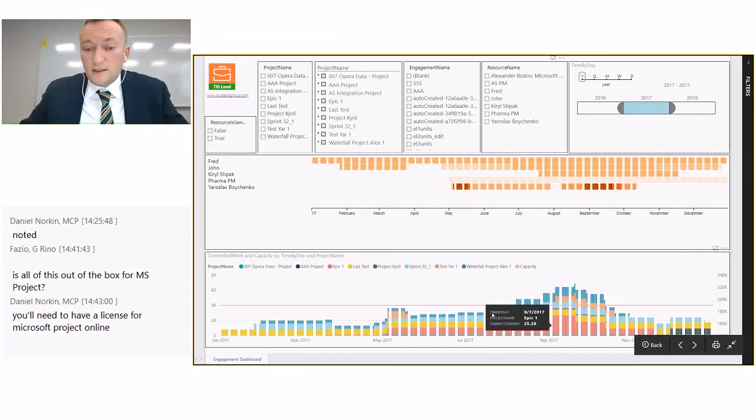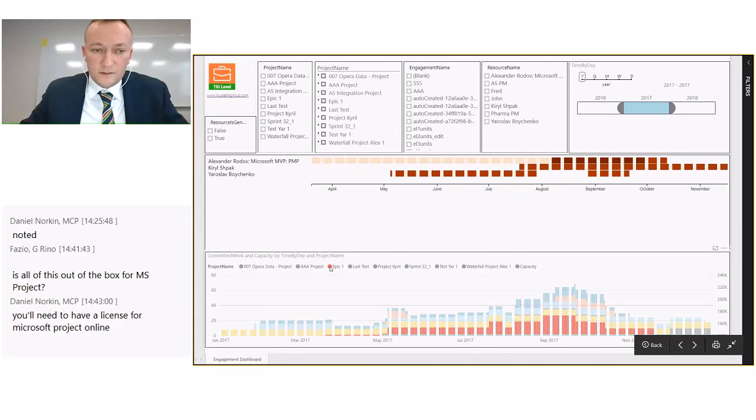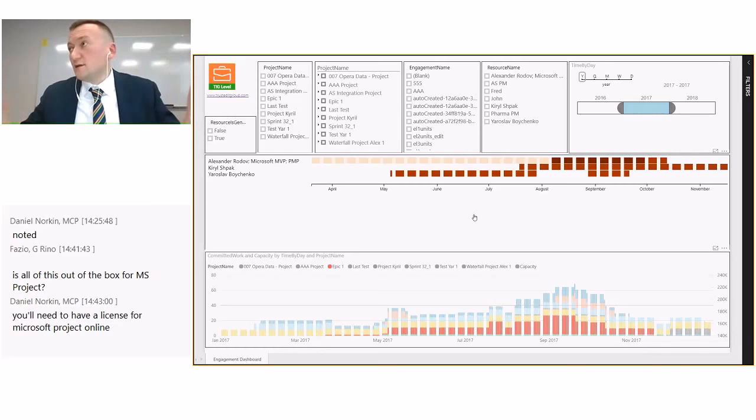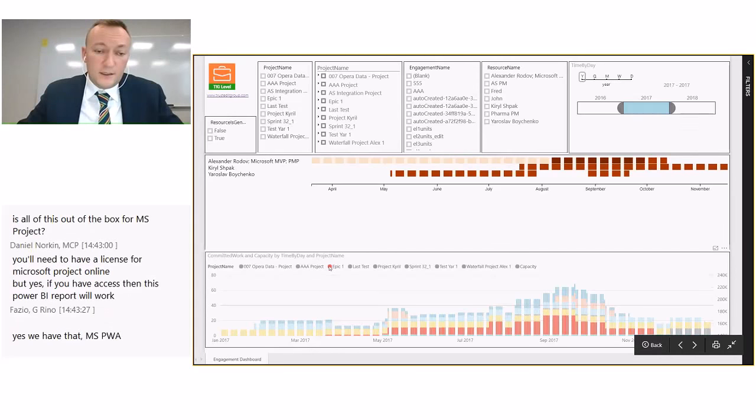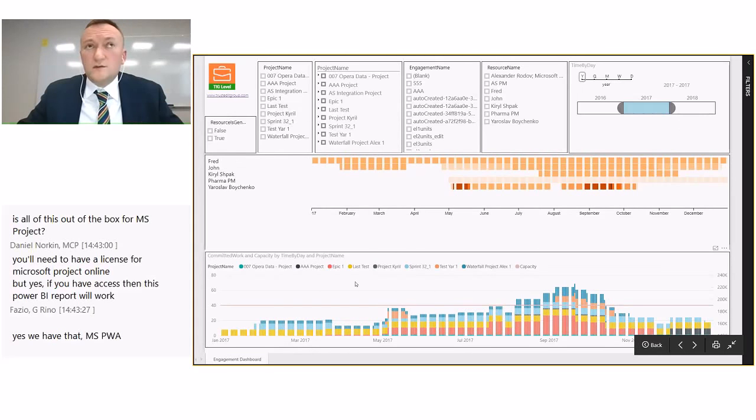So you can say that this red one is the Epic 1 project, and I can click on that. It will just highlight this one project and filter all other widgets on that screen. There's a lot of clicking and dynamics on this. Sometimes it's actually overwhelming, and sometimes it's too much. But I figured I'm going to give it to you, so you take it to whatever level